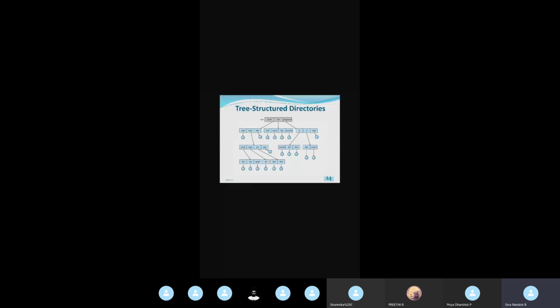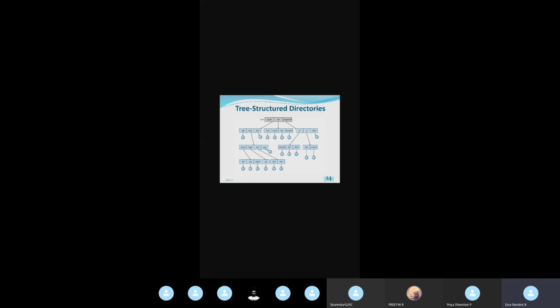Okay. So here, in this tree structure directory, we have a root node. In the root we also have the directories spell, bin and programs, which are the root directories. Under this spell directory, I have another 3 directories, that is stat, mail, dist. So these are the 3 directories. This is a simple example. You can give any name for the directory. So in spell again there are 3 directories, stat, mail, dist.